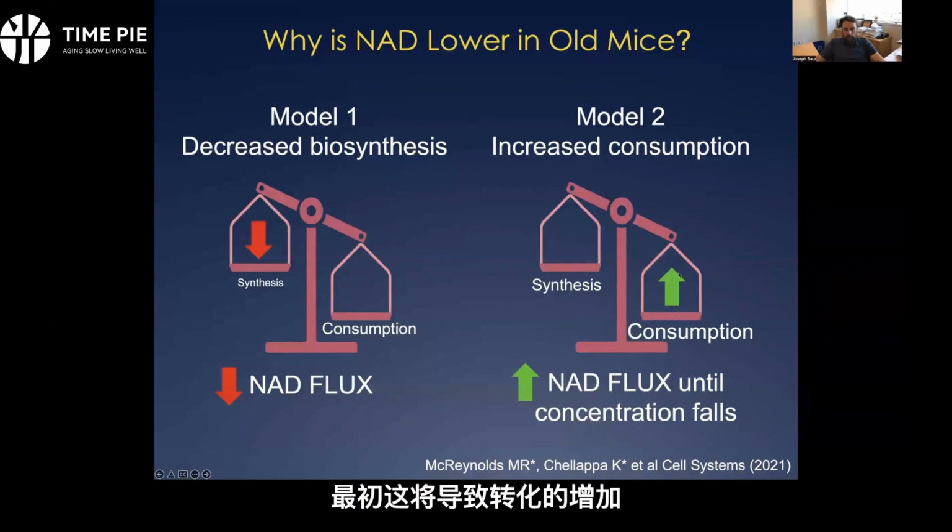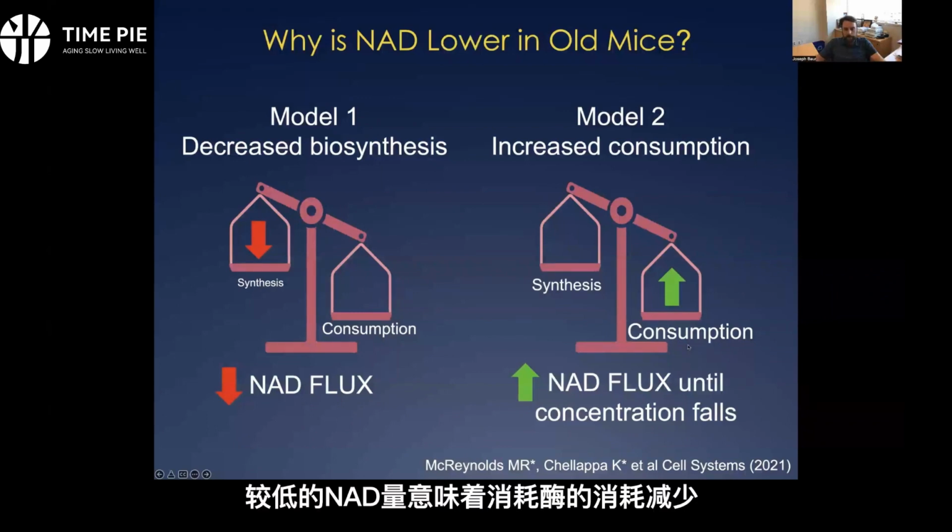And initially that would result in an increase in turnover. But as the NAD concentration falls, two things can happen. One, synthesis could be upregulated to compensate, and that would maintain the new higher NAD turnover flux. Or second, if synthesis does not cooperate and doesn't change, then the new higher NAD consumption will lead to the NAD pool size shrinking to the point where, because of those first order kinetics,